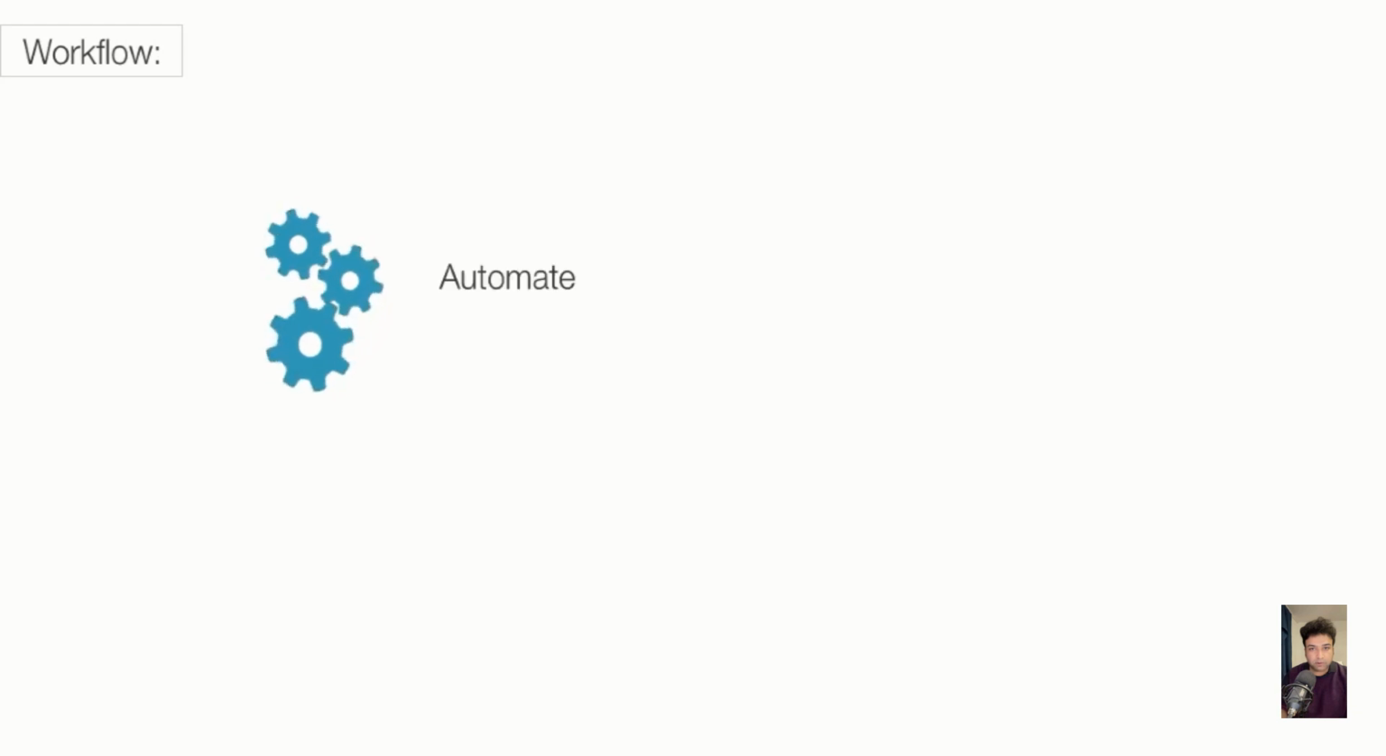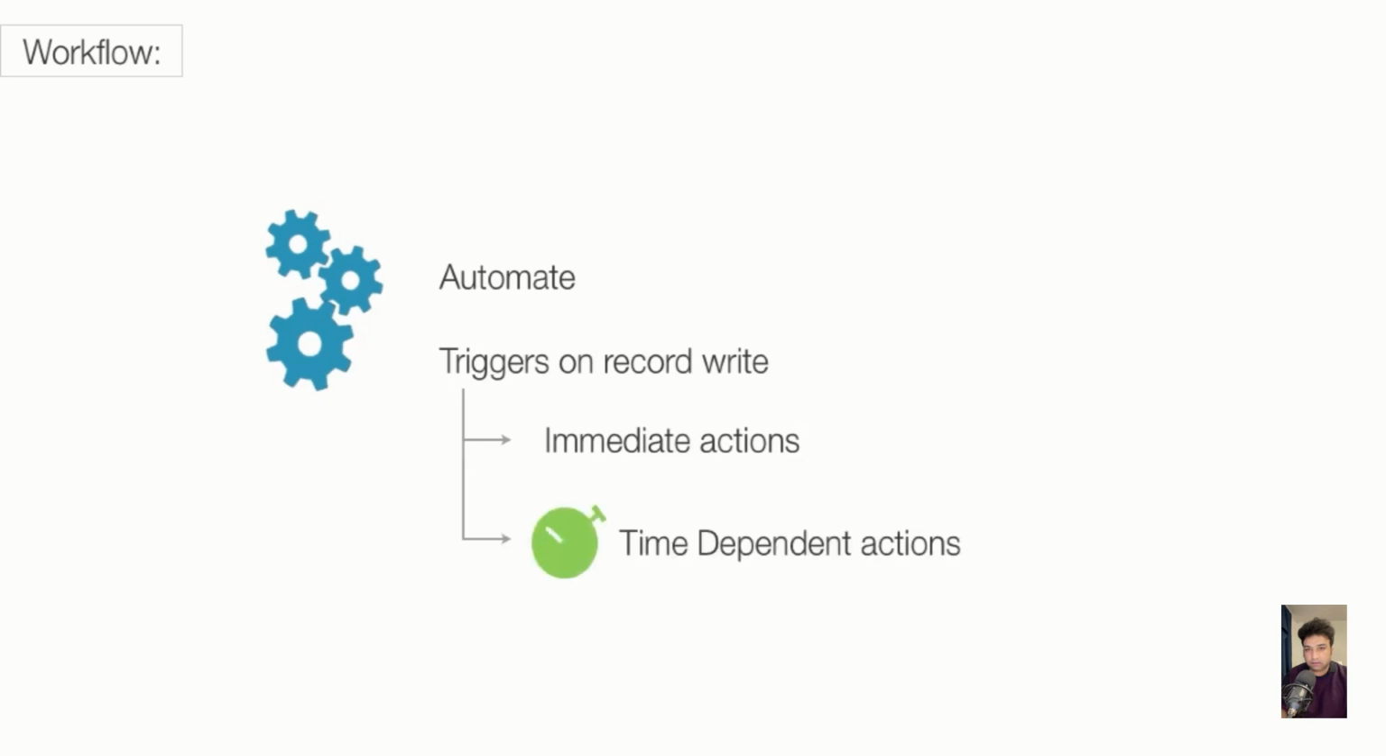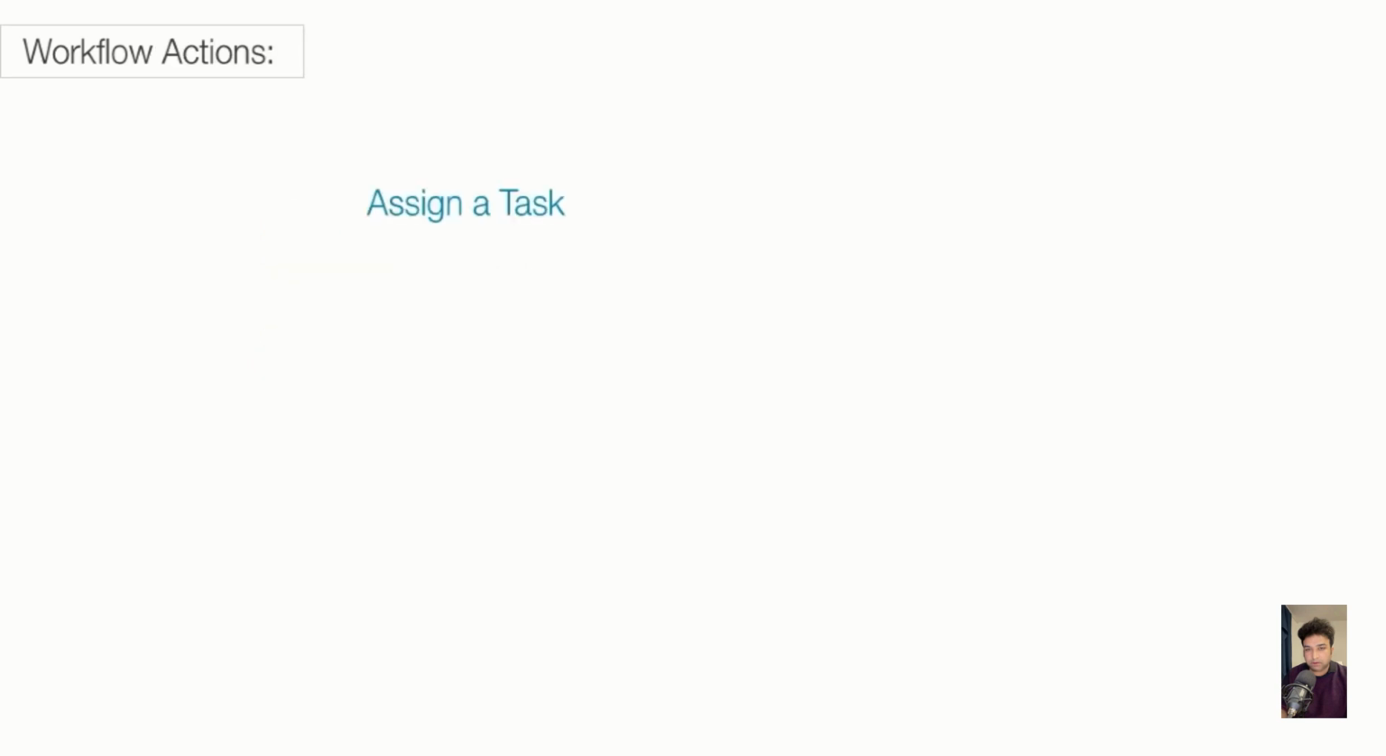Workflows can be used to automate business process. A workflow can trigger an action when a record is created or edited. This action can be immediate or time-dependent. Workflows can trigger the following actions, like assigning a task to someone, doing a field update, or sending out an